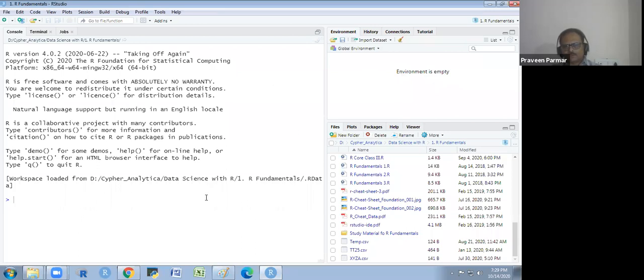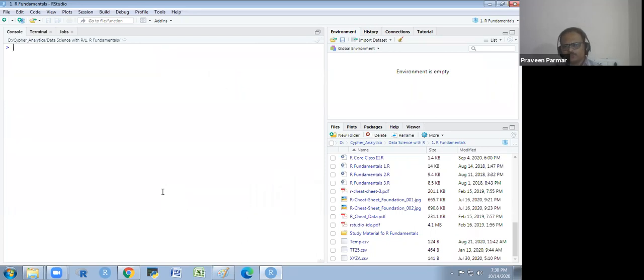And if I want to remove things from the console, I put the cursor on the console and press Control L. That is a shortcut key, you note it down. Control L will remove the elements from the console. Whatever is in the console will be removed. Okay. Control L. And in the global environment, you have to use the brush.